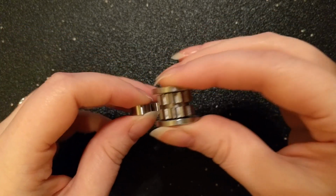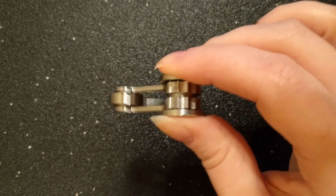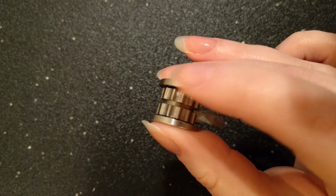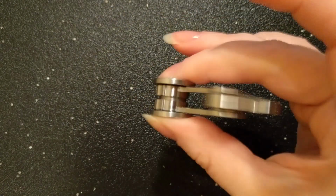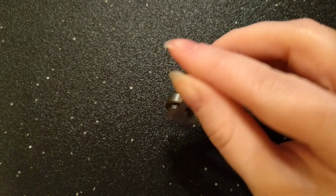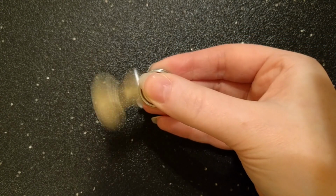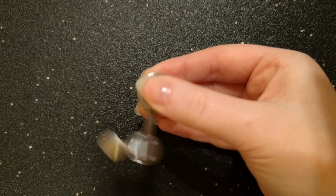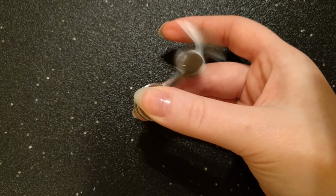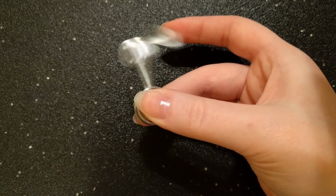To play with the pendulum, you can either hold it vertically or horizontally. When held vertically, the pendulum can be dangled, and it can be manipulated either by pulling on these machined ridges at the top, or you can move your hand around like so to make it move on its own. When it's held horizontally, only really minor movements are needed to make it spin around in a really interesting and mesmerizing way. My personal preference is to use it horizontally because I find that it just dances a lot more